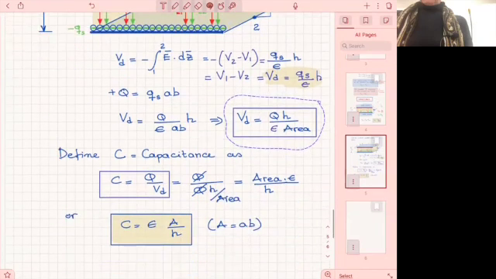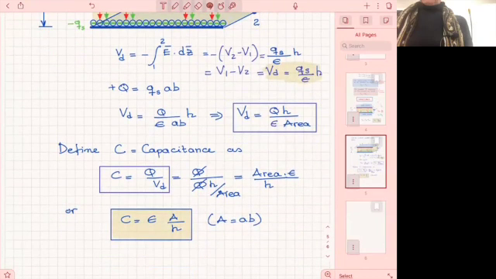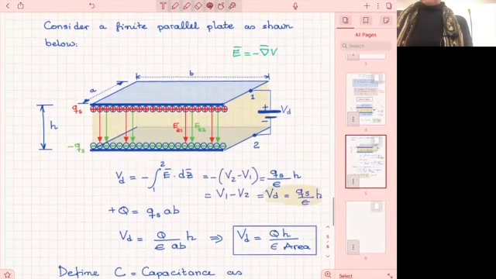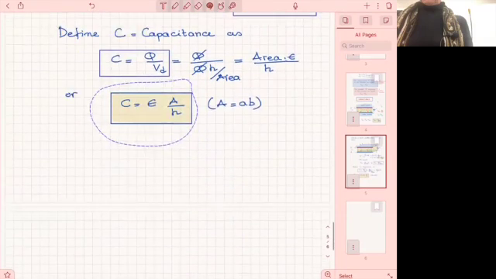And therefore we write this expression for the voltage, which you have seen for a parallel plate capacitor from physics. And then we now introduce the concept of capacitance, all right? As Q, the total charge, divided by the voltage that applies across these plates. And that gives us the capacitance, which is in this form. This is the expression of the capacitance of a parallel plate capacitor. This is called, what we just saw, the parallel plate capacitor. All right, now